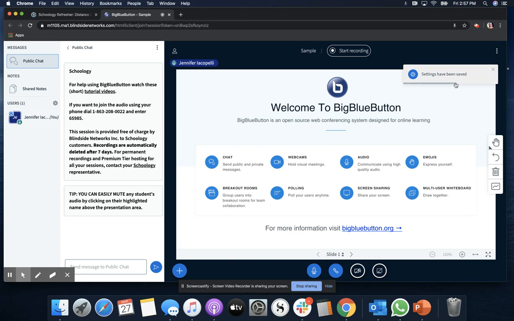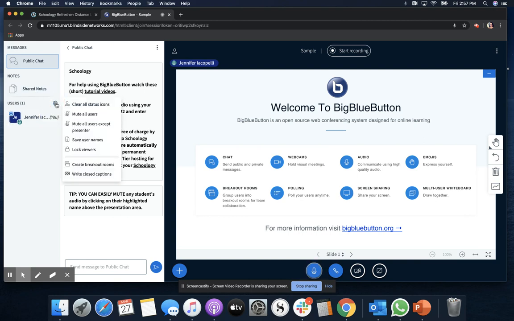And it tells me my settings have been saved. Those are the animations they were talking about in that previous menu. And then from there, you want to go to where it says users. There are different features over here that your students will be able to see or not see depending upon what you choose for them. So if you click Manage Users, you're going to go to the menu option that says